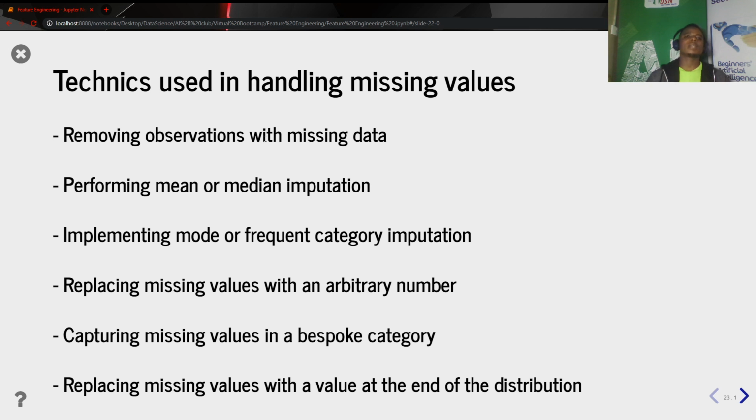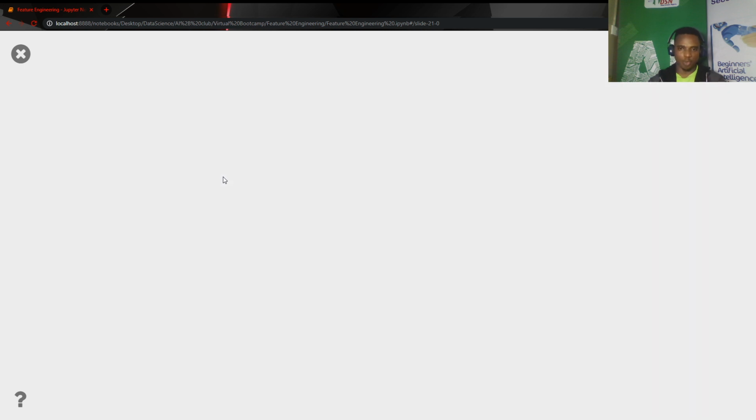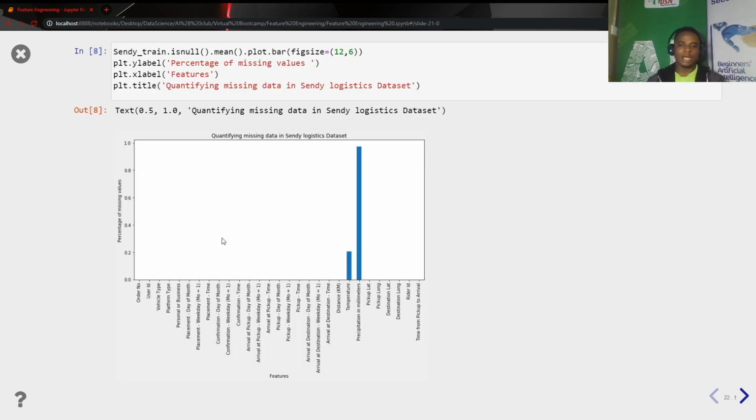There are several techniques you can use to handle missing values, and different ways work best depending on your case. We can decide to remove the observations that have missing values. In this case, it means that we will be losing about 90% of our entries. By the time I remove all the ones that are missing here, my data set will be very, very small at the end of the day. Now,